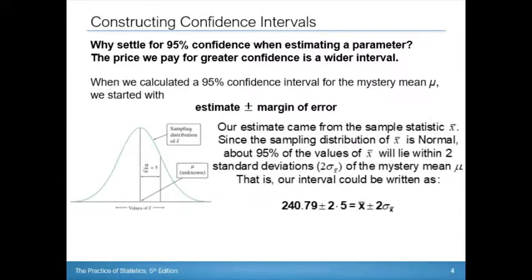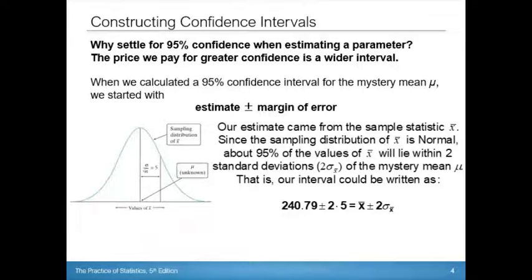All right, so we're going to take our estimate plus or minus our margin of error. We're going to talk about how we calculate those things more in the next sections, and get into more details on how they apply to means and proportions in the next couple of sections. Here we're still relying on just the empirical rule. 95% is about plus or minus 2 standard deviations of the sampling distribution.